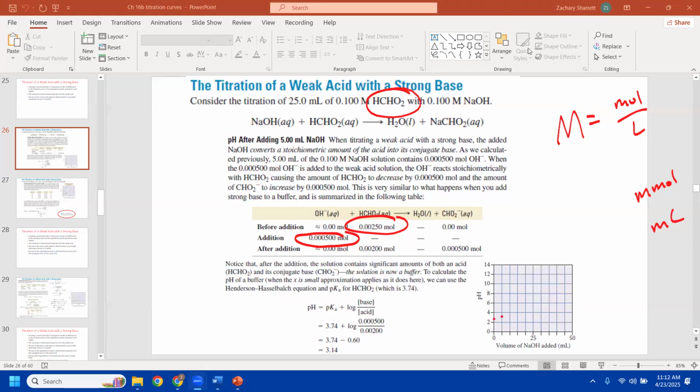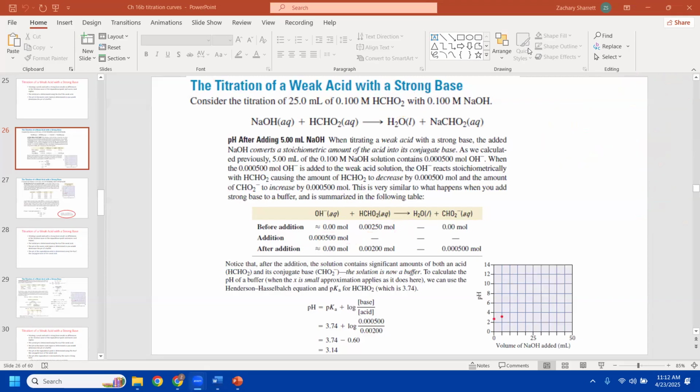Everybody see that? So what we can do is instead of saying that molarity equals moles per liter, if we divide the top by 1,000 and we divide the bottom by 1,000, is the molarity still going to have the same ratio? What do we think? It will, right? It'll be the same molarity. So what I do, especially for these kind of problems, because we're always working with like 0.0025 moles, 0.0050 moles, is I say that a molar is equal to a millimole per milliliter. And let me show you why that will be